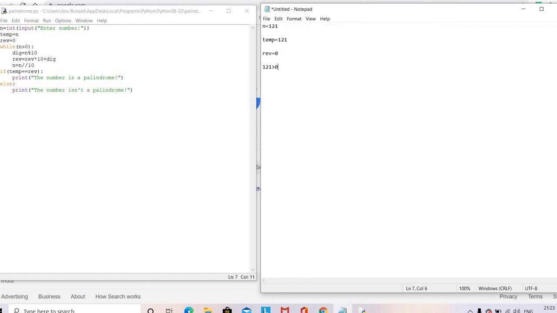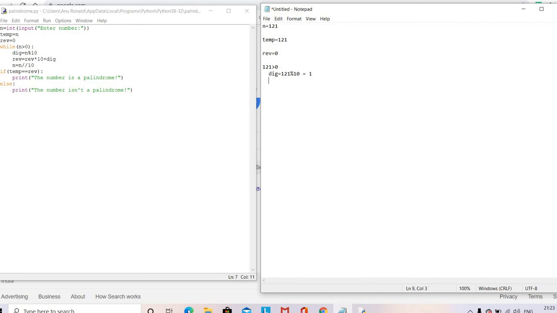It is greater than 0, so it's true. So we'll be executing the loop statements. Digit equal to n mod 10 means digit becomes 121 mod 10. So you got the answer 1 here.